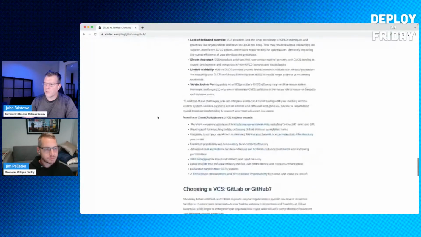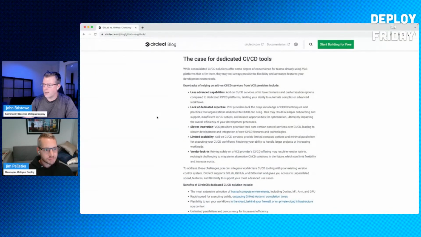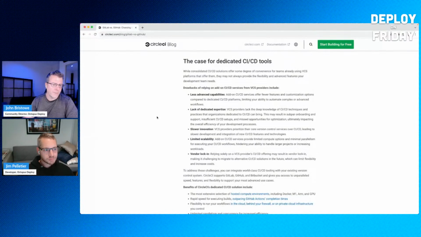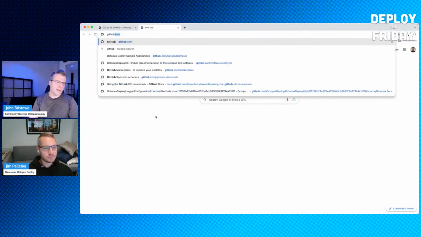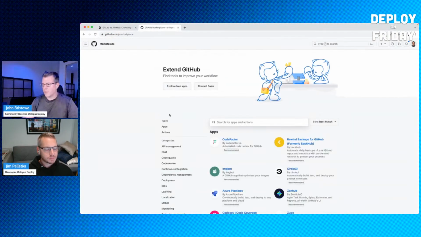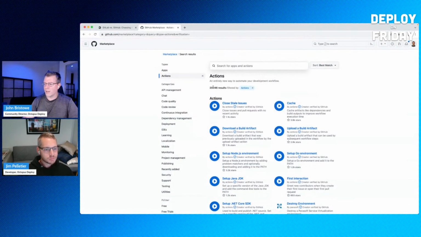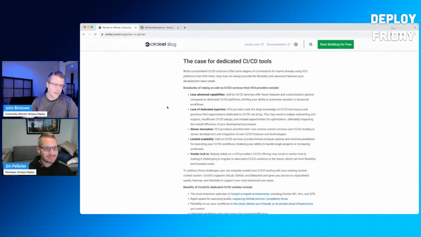I don't know if this author mentions it, but one of the things that really spoke out to me was the marketplace. If you look at the GitHub marketplace today, how many actions do we have in this thing? 17,000, 20,000. We have 20,000 actions. Now, GitLab, if I remember correctly, just added in version 16 dot whatever its support for CI/CD components. I assume it's similar to GitHub Actions, components, whatever you want to call them. So I think that's definitely a tick in the box of GitHub's column, if you ask me.